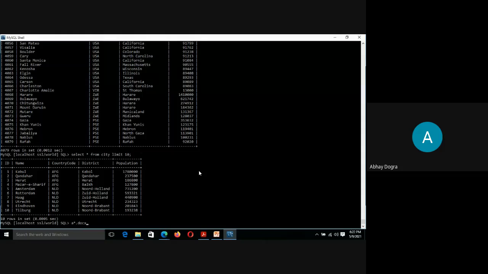So we'll be using the wildcards now with the select statement, right? So our problem was, I was told by my boss that I need to find out the population of a city whose name starts with K, right? Although there can be one or more than one cities whose name starts with K, but let's see how it works. So select, and I want to select just the population. I also want to print the name and the population, okay?